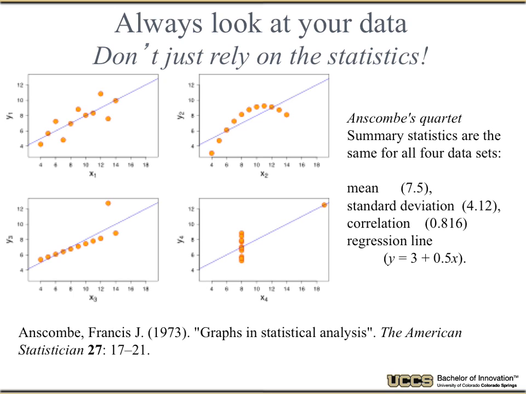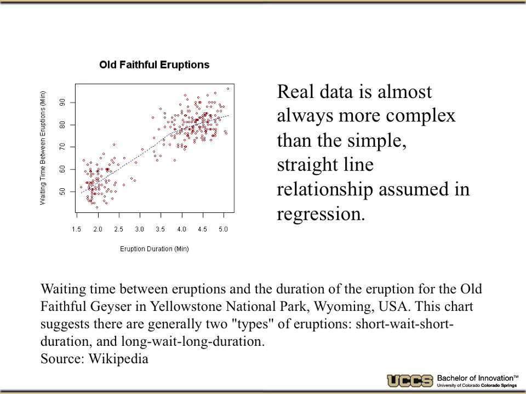The other reason I think it's really good to look at your data is that very often things are not as simple as you might think. So if you look at this data, yes, you can draw a correlation line between them. In fact, you get a reasonable correlation. So these are Old Faithful eruptions. The duration here and the time between eruptions on this axis. Old Faithful, the geyser up in Yellowstone. And yes, I could look at that and say there's a line. But do any of you have a better idea what that data represents?